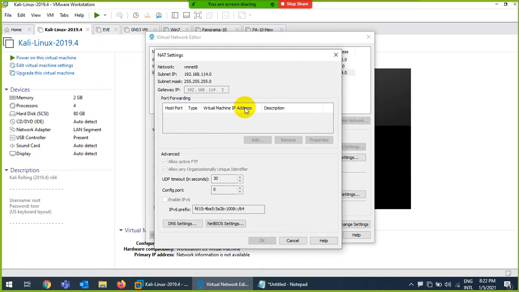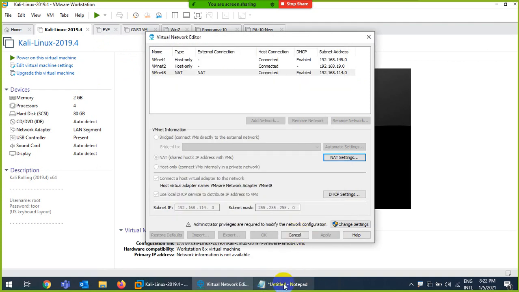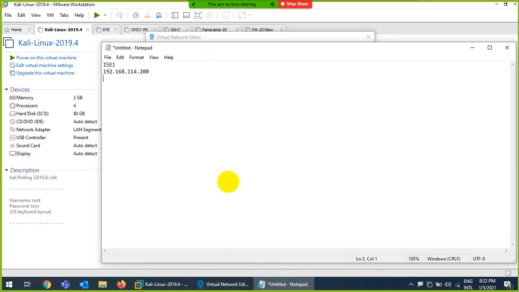And this is our gateway. The gateway is always .2. The subnet mask is definitely 255.255.255.0, and the gateway should be 192.168.114.2. I just showed you where I get the gateway. Then it will ask you for DNS.